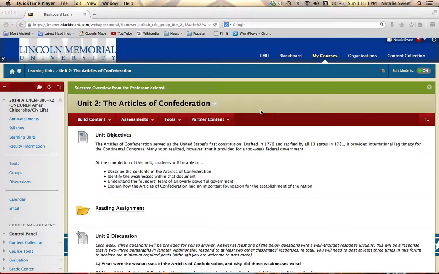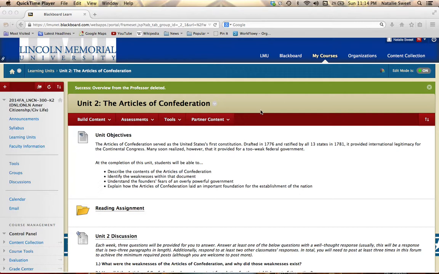Lincoln 300. First of all, I want to say that I've really been impressed with your discussions in the previous week on the Declaration of Independence. The class as a whole has done great. You have really pulled out a lot of detail about both the Declaration of Independence itself, in looking at the article from Lehrman about Abraham Lincoln and the Declaration of Independence, and from looking at David Armitage's article on the global impact of the Declaration of Independence. I feel that you all have really got a firm understanding of that document.